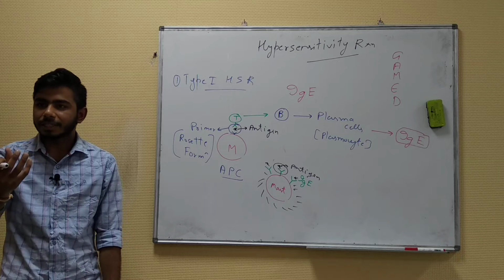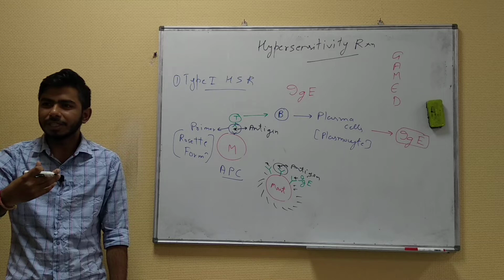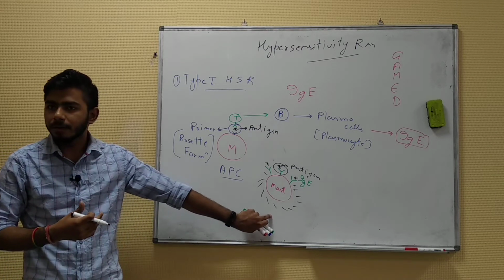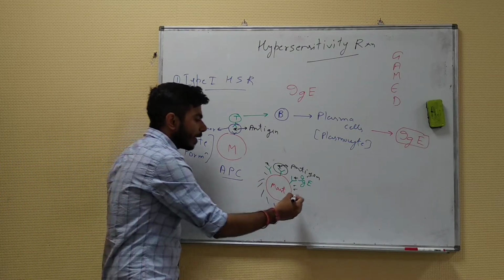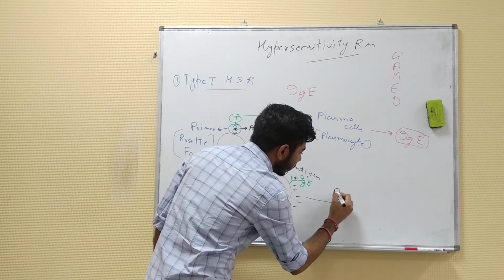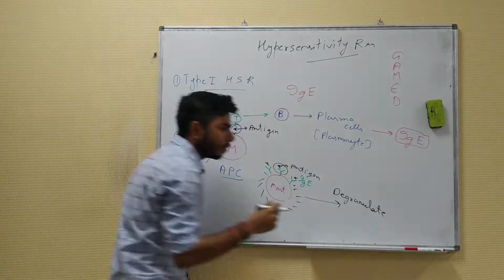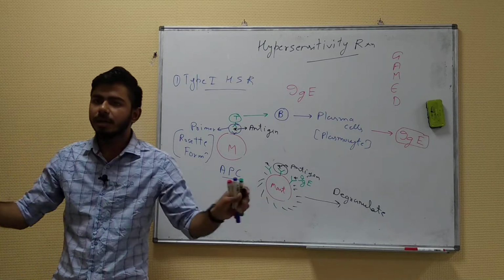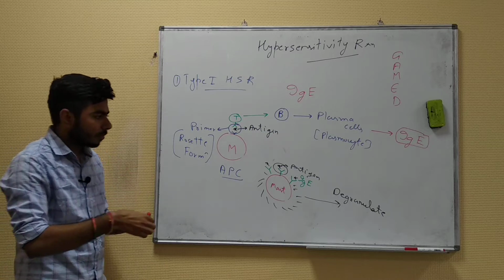And these mast cells are filled up with inflammatory cytokines. You know, histamine, heparin, leukotrienes, all these things are filled up over here. As these mast cells are activated, they will degranulate. Degranulate means it will burst, and whatever content is present inside this mast cell will come into the blood vessels. Okay, so what are the contents?